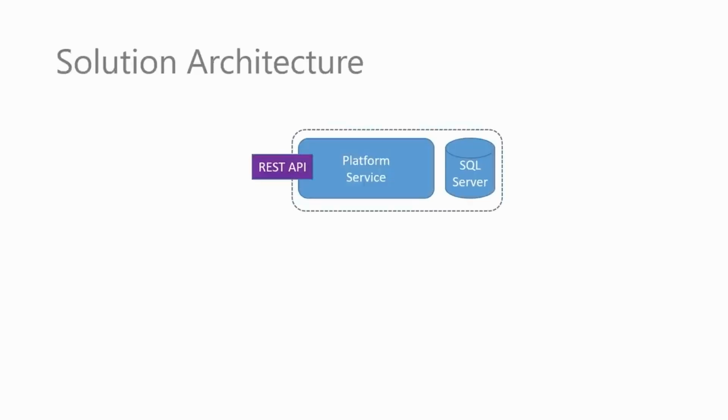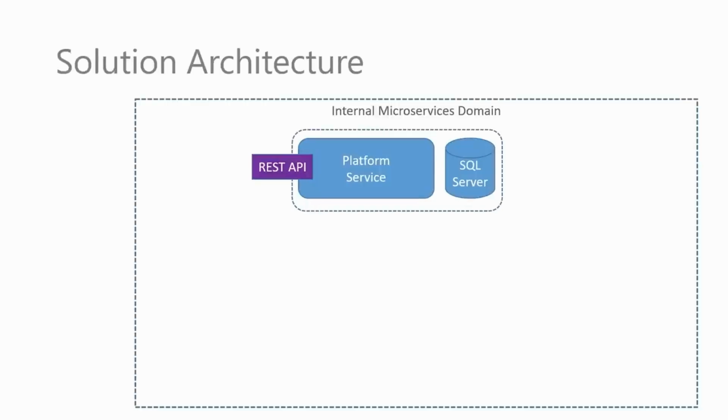It's basically going to be a REST-based API. So the public interface, the interface that our consumers are going to use, is a REST-based API. And yes, this service sits within what we're calling our internal microservices domain. Now we can theoretically access that API directly from externally into our internal microservices domain, and we will do that just while we're developing. But ultimately, we're going to use this concept of an API gateway, which is really going to front up all our services.